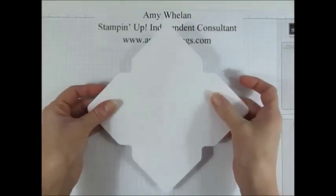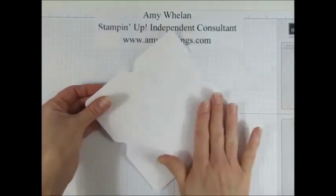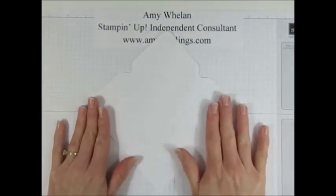Now if your cookies are super thick, you might need to add some dimension and make more or less a small box for your cookie, but I didn't find that necessary here. Now the next thing I want to do is use the